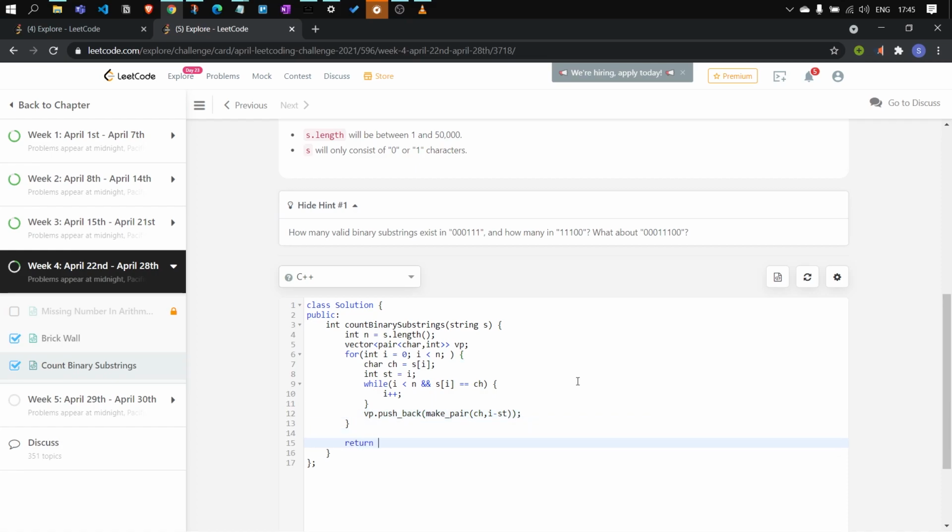So for now, let's see what is happening. Let's see what is being stored in the vector pair. Then I'll give you a proper way to understand how the approach is going to work.